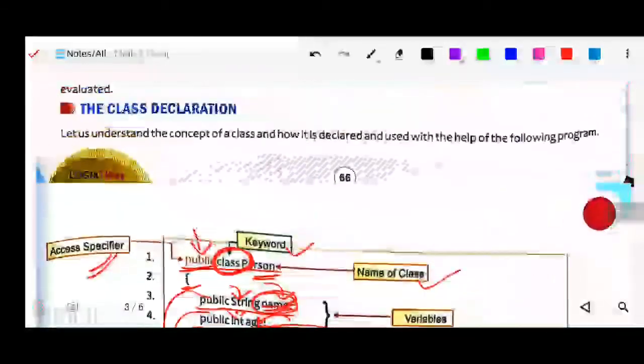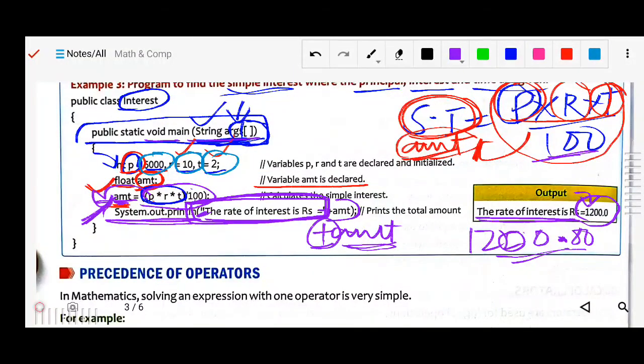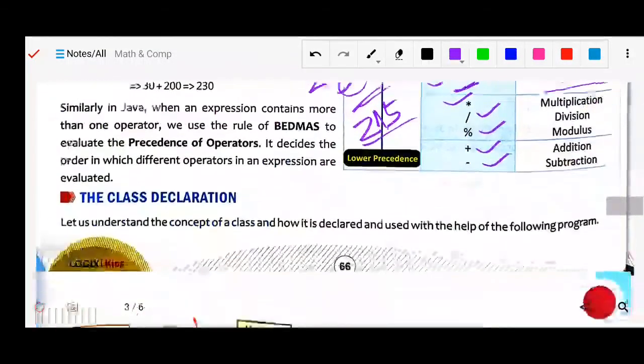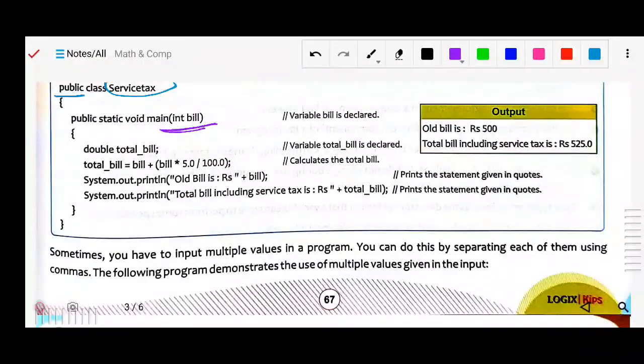In the last program it was void main and then String args was passed, but here we have passed int bill. It means the variable is declared here only: an integer type, and its name is bill.